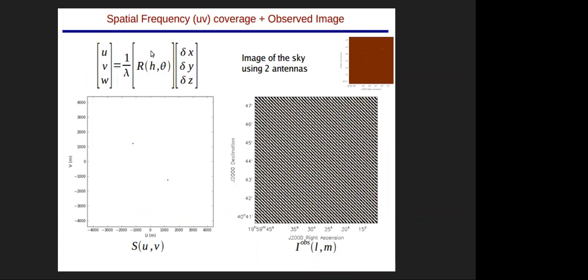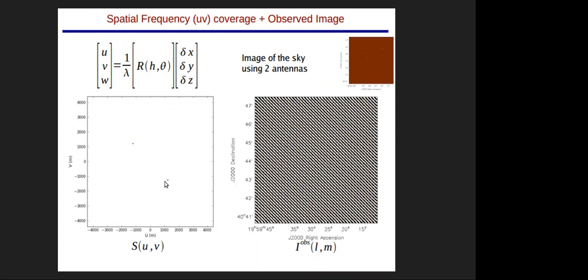This matrix is a complex matrix, I do not show it here, and it depends upon the hour angle, declination, and all other stuff of the source, and also on the rotation. And this lambda contains the frequency information. So when you plug it in here, you can go to the UVW domain. This is a simple coordinate geometry transformation, and it is described in all of the books which Proshun shared in Slack, the white book and the blue book of NCRA and all other stuff.